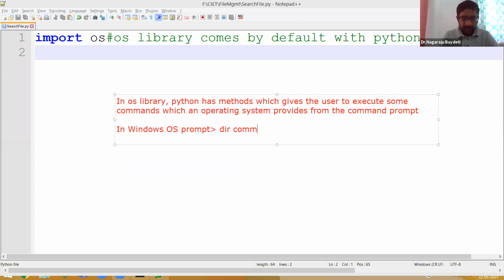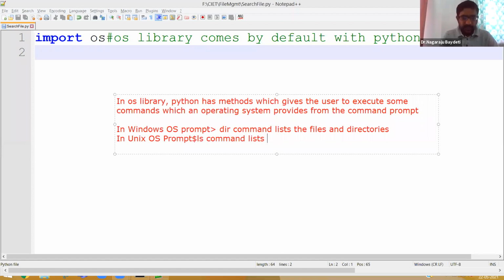The dir command lists the files and directories. In the Unix OS prompt, that is the dollar prompt, the ls command lists the files. Correct? I think everybody will be able to understand what I am saying.